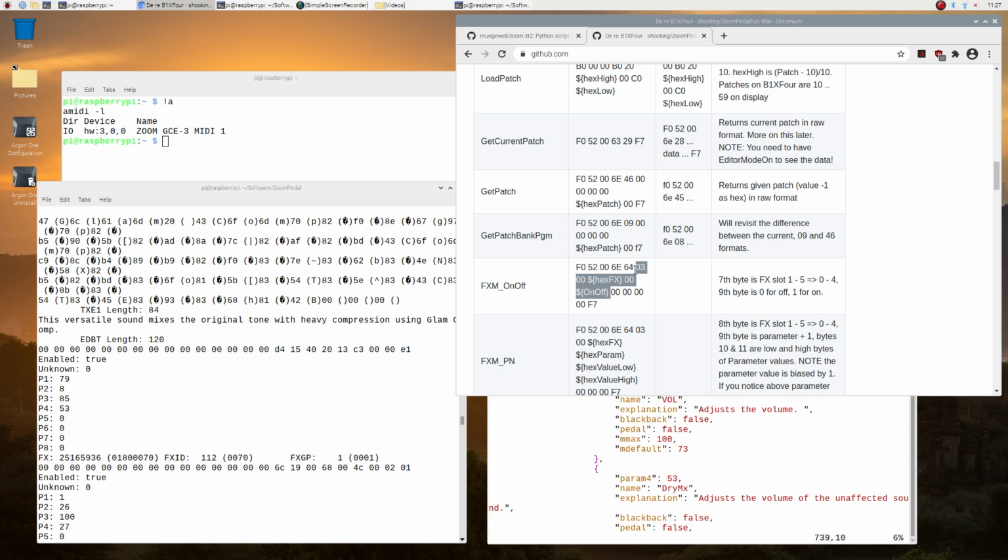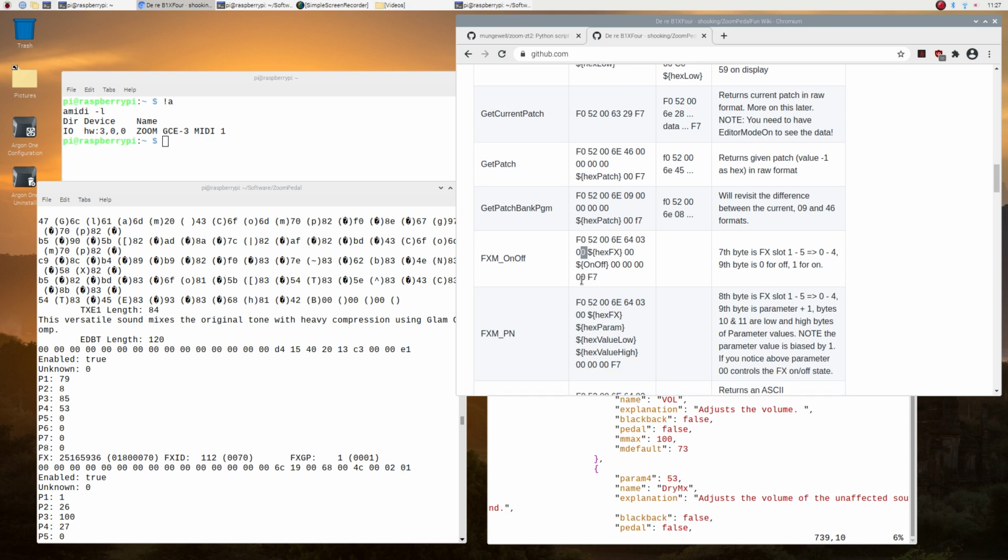But it turns out you can send 0301, and as long as this value is bigger than 0 but less than 80 in hex, you hit it with an 01 in this position, and it seems to go on off, on off, on off. I don't know if that's useful, but it's what it does.